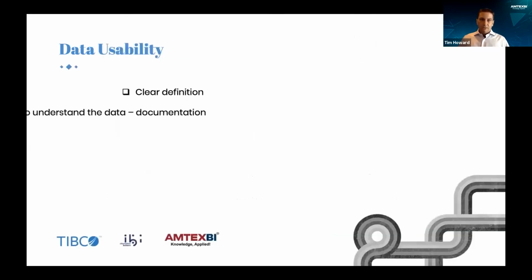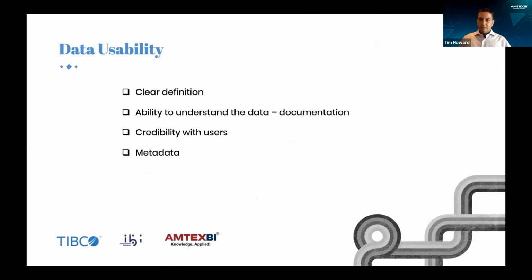Usability. Understanding the data is key. If you have data but you don't understand what it's telling you, what it's about, or how it got there, that can be a big issue. You need a clear definition and some type of documentation about the data to understand what it actually means, and the credibility of where the data came from. So many times we talk with people about data they want to use, and our first question is, where did this data even come from? We have to understand a lot about the data, the metadata, and how it's split out before we can even start using it.